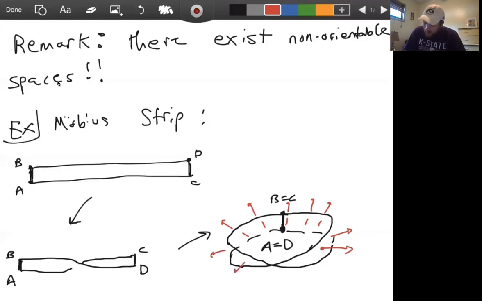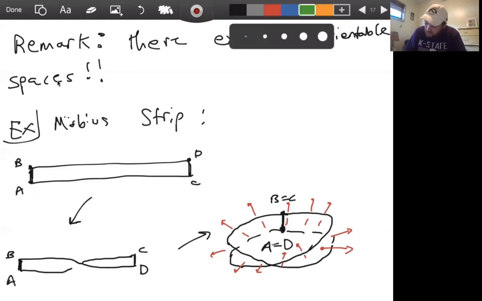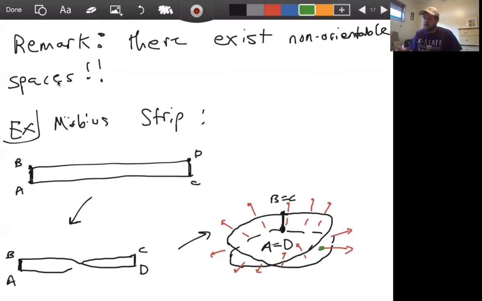And as I go around, once I hit this twist, the vector becomes an inward normal vector, right? Once I go along that twist, you can think about, like in this picture, the vector kind of goes under and then back up. But when it comes back up, it's pointing on the inside. And so once I make one full circle and come back to this spot,